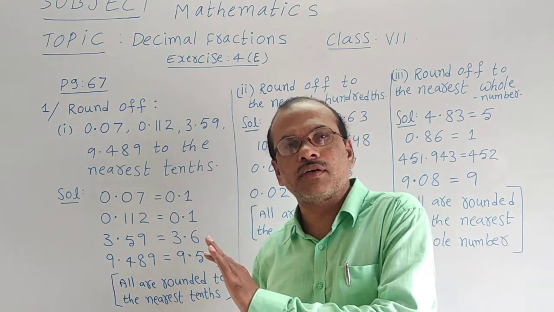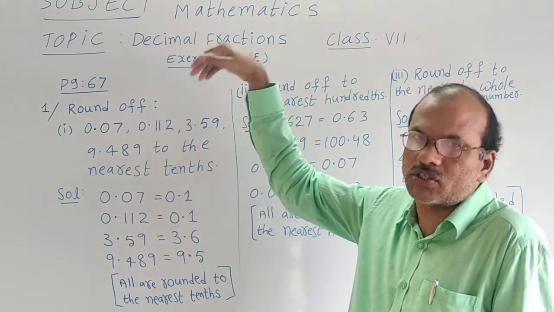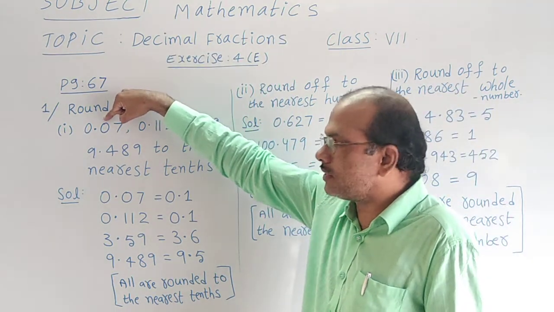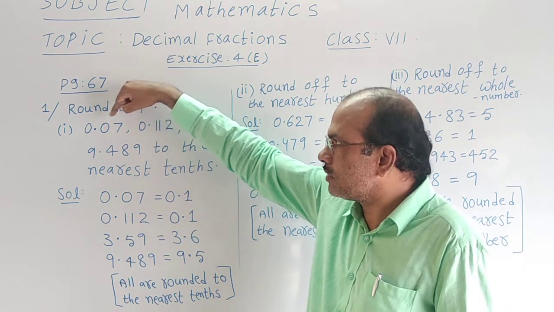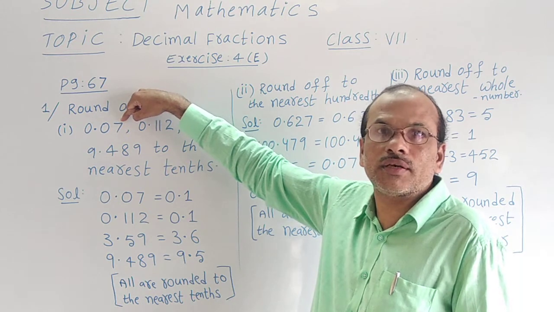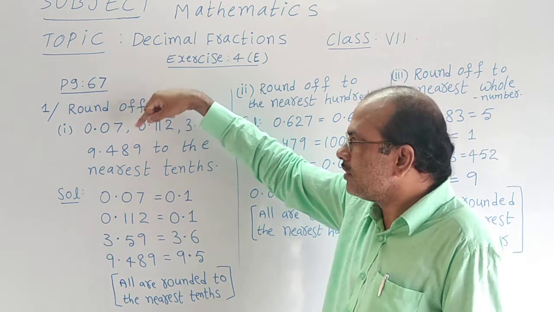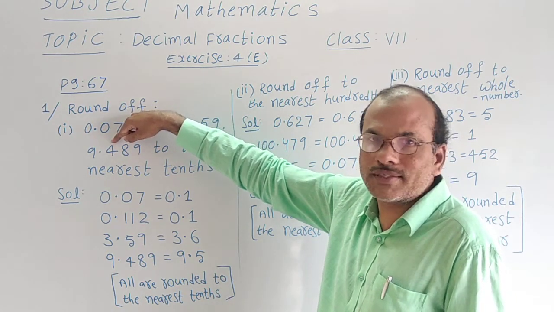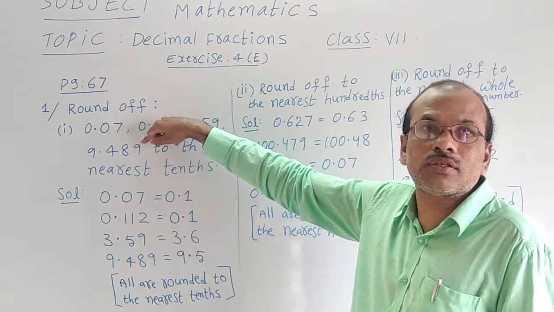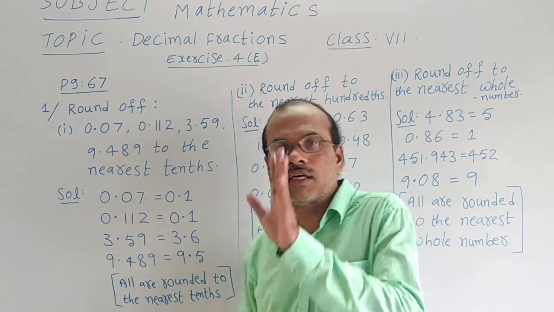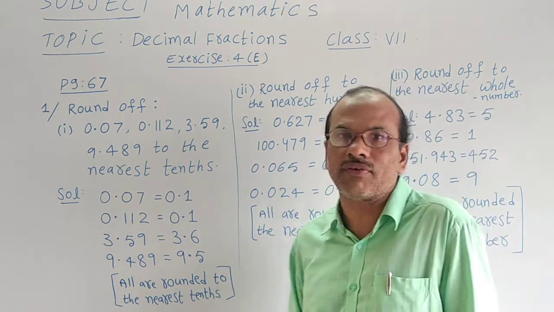Now which is a decimal part and which is a whole number part is clear for us. Already we have discussed it in the introduction of this chapter. Now this place is the tenths place, tenths. This place is the hundredths place. It's not the hundreds place, it is the hundredths place. Same way here, tenths place, hundredths place, thousandths place. Already we discussed this matter. I just recalled it by saying a little.